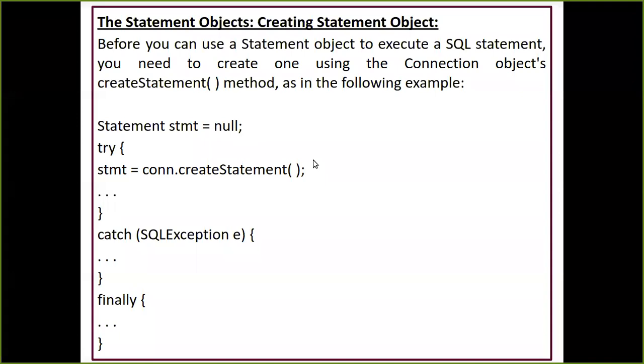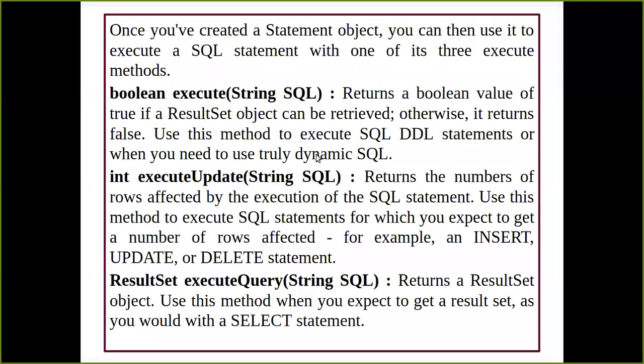Okay, and when I want the methods for my Statement, there are going to be three methods. So what is the first method? Your execute method, which accepts some SQL query. What data type have I used for my method? That is your Boolean data type. So what is this Boolean data type going to do for me? Whenever I retrieve some response from my database, it is going to return the Boolean value true if the value has been retrieved successfully from the database or a table.